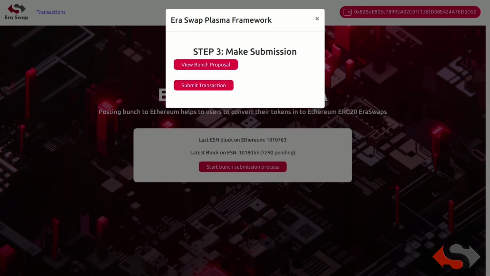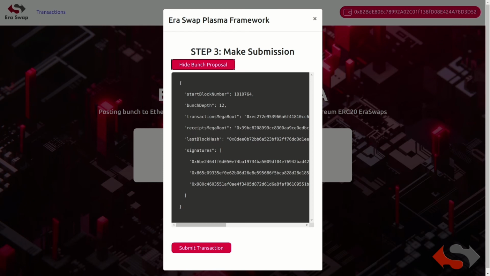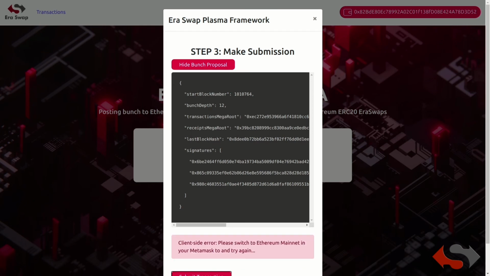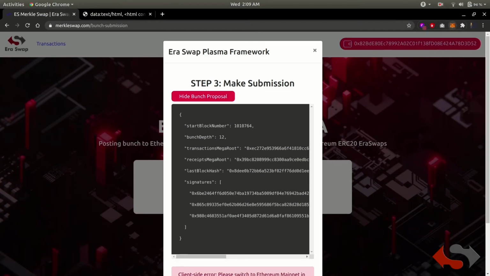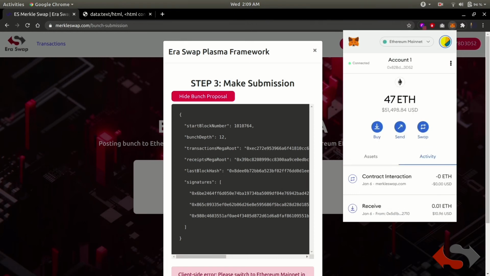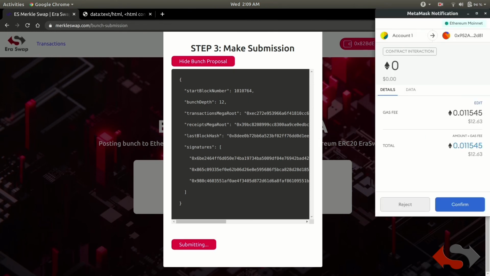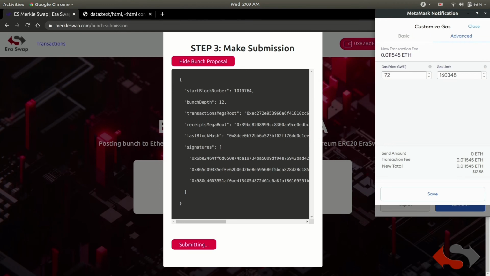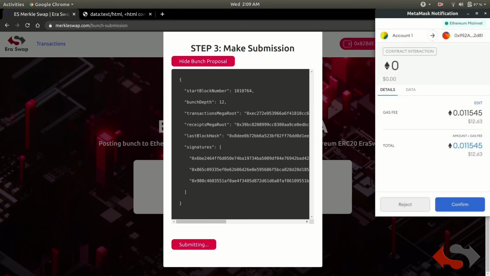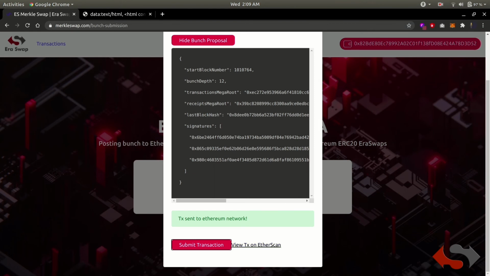We can see the bunch proposal, and after that submit the transaction. It is confirmed.